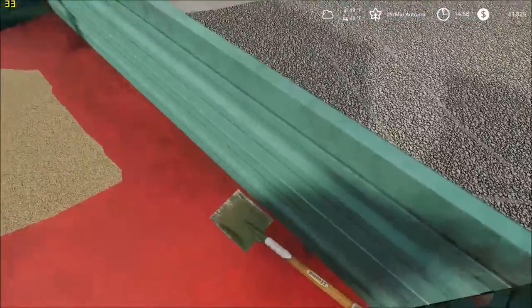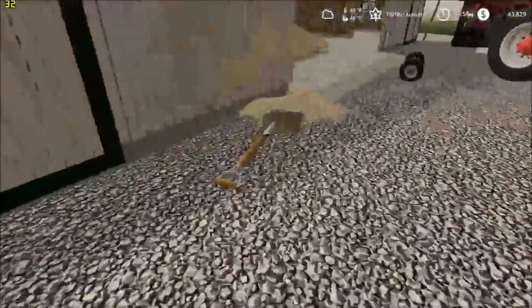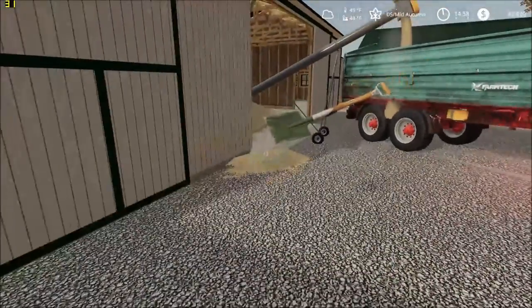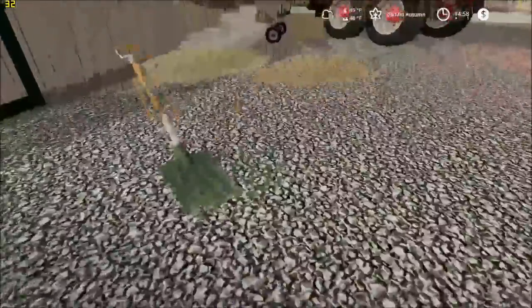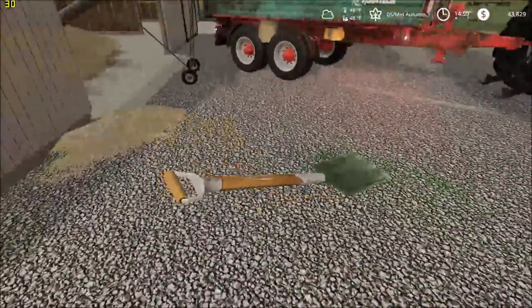There we go. So this will start loading in. Let's take the shovel out and see how this works. It's only $100, so it's not like it's very much money at all. Oh, look at that. What do you know? Oh, shoot, don't do that. Okay. So it was causing a whole bunch of grain to kind of pop out of the...